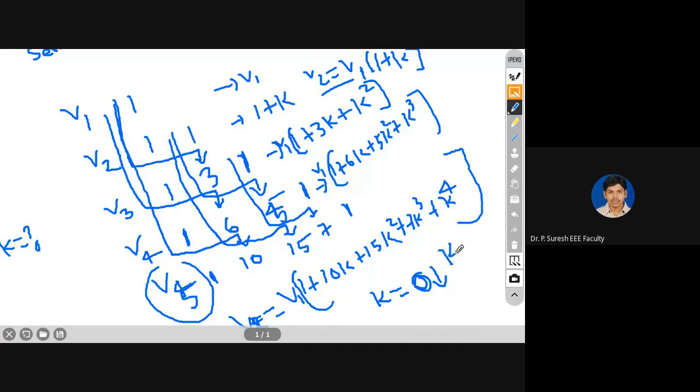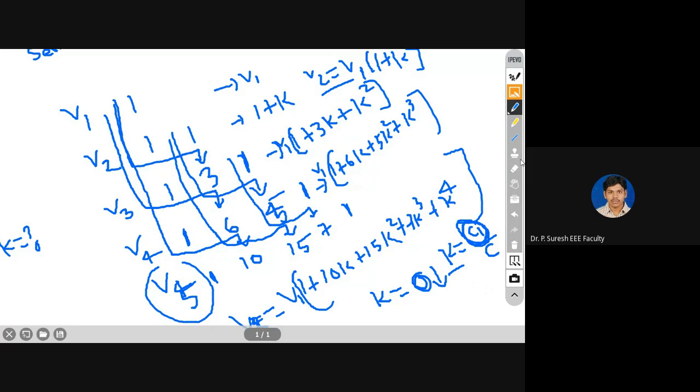So K equal to 0 or a very low value; what is the formula for K? K equal to C1 by C. That means C1 should be low or high? K equal to 0 means C1 should be low. So we need to make the shunt capacitance 0, and we will get K equal to 0. We will increase the string efficiency. Is it clear? The shunt capacitance should be 0.